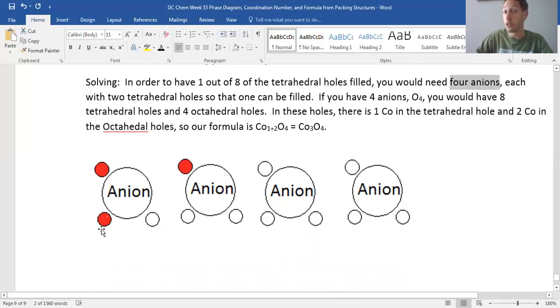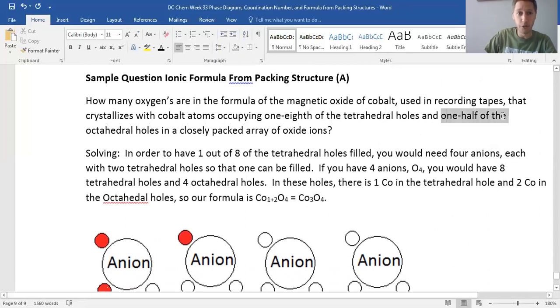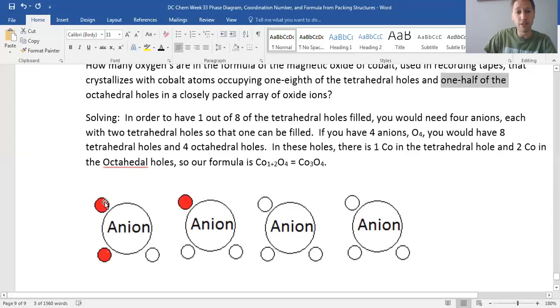For the octahedral holes, we're told that half are filled in. As I've drawn it, the top ones are octahedrals and half of those are filled in. So what's our formula? We had 4 anions, 2 octahedrals filled, and 1 tetrahedral filled. So we have 3 filled out of the total, which means 3 cobalts for every 4 oxygens. That makes our formula